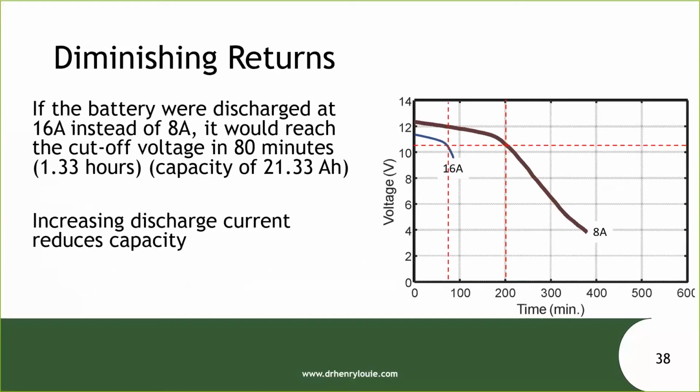And if we discharge a battery at, say, a higher rate, and we apply that same cutoff voltage, we're going to see that the capacity changes. So if we double the current, we reach the cutoff voltage much sooner, and in fact, if we calculate the capacity at a higher current, say 16 amps instead of 8 amps, the capacity drops to 21.33 amp hours. So as we discharge a battery with higher current, it's going to last shorter and shorter, and the total charge that it provides is going to decrease. So if you want to maximize the energy, the charge that comes out of your battery, you want to discharge it at a low current.